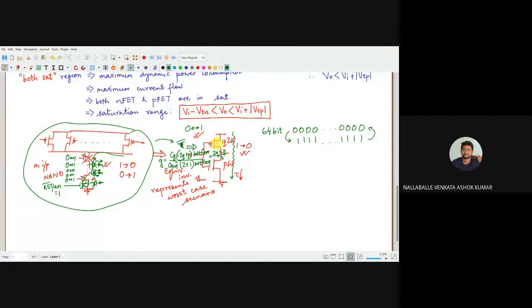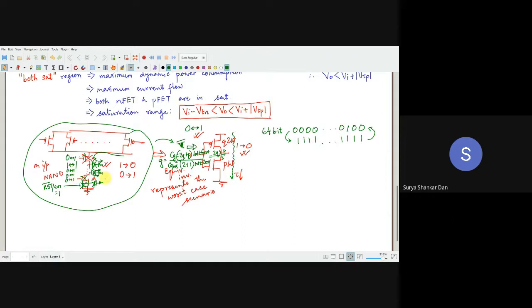Yes, sir. What Ashok was probably asking, I think it was Ashok, is that suppose I am not switching this one, and it remains 1 only. Then the switching will not be the case. It is something similar to this: this remains 1 and 1. What does it imply? It is not the worst case scenario. Of course there will be parasitics, but it's not the worst case scenario. Every time this is not the worst case, right, sir? Because this is NAND, all ones is the worst case, but I am just showing an example. So when it is some other circuit, XOR circuit, multiplexer circuit, full adder circuit, anything.